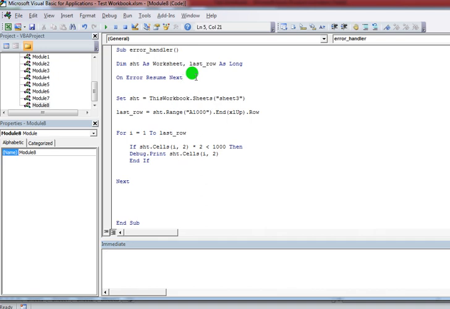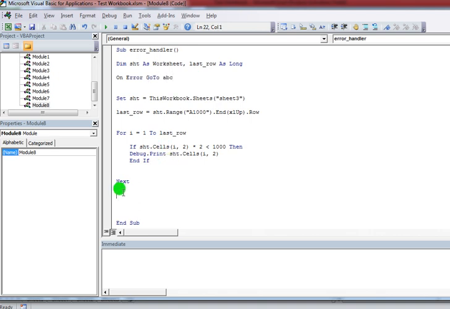Now we have another method, that is On Error GoTo a label. With the help of On Error GoTo label, we can easily handle the code and understand where the error has occurred, and how to correct that error. So this is the main method, that is On Error GoTo a label, that is ABC.